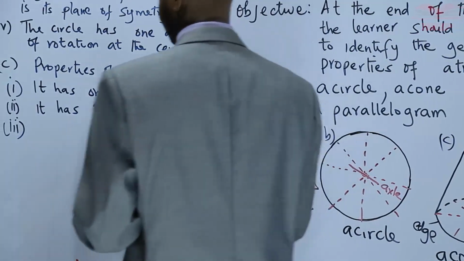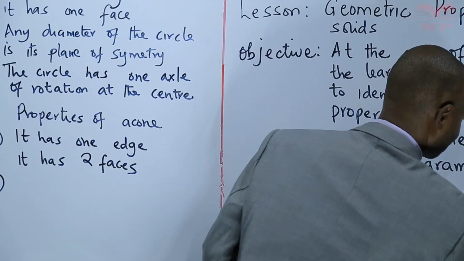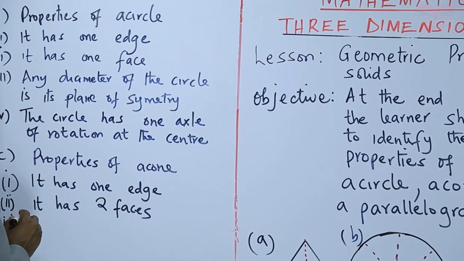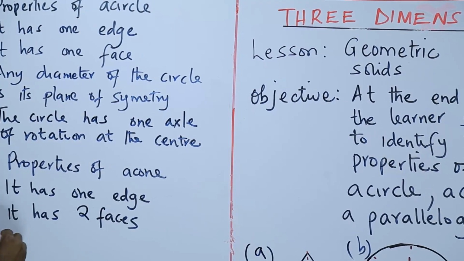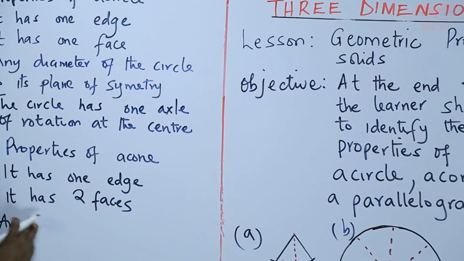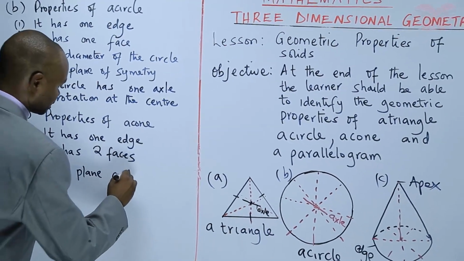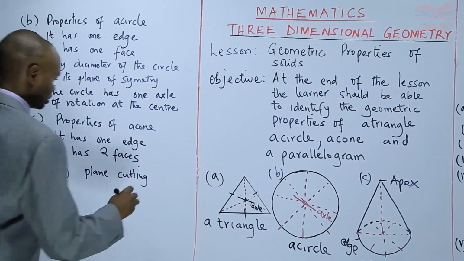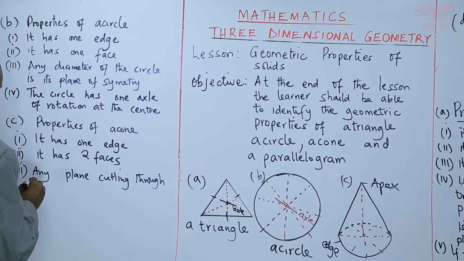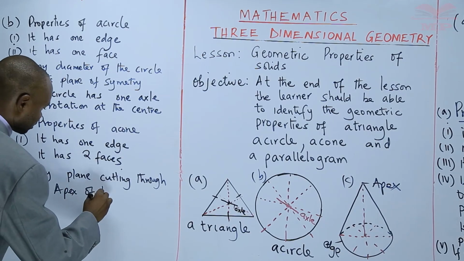You can talk of this as the apex of the cone. Any line, any plane cutting through the apex of the cone